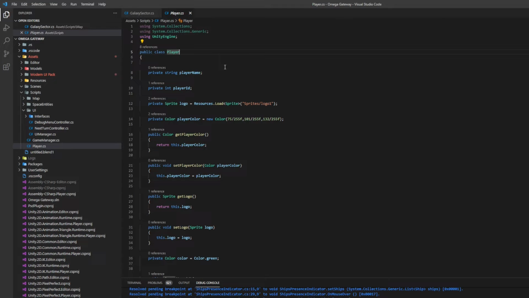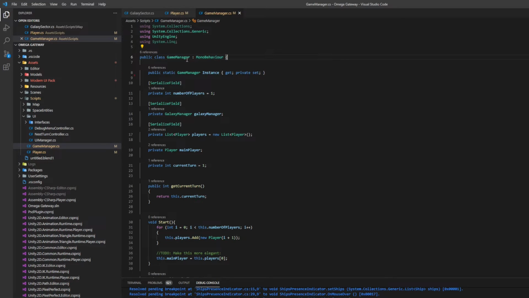We also need to define a player entity. We are just going to have a very simple class that has some very simple attributes on it. A player name, a player ID, which represents the number of the player in the game, the logo and the player color, defaulting to a stripe I already did on Paint.net, and a nice purplish. I haven't decided yet if we are going to have fixed races to choose from or if we can edit them before we play. But in any case, it's a good idea to define players as customizable like this.